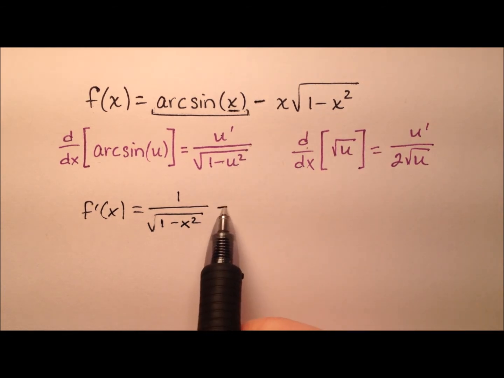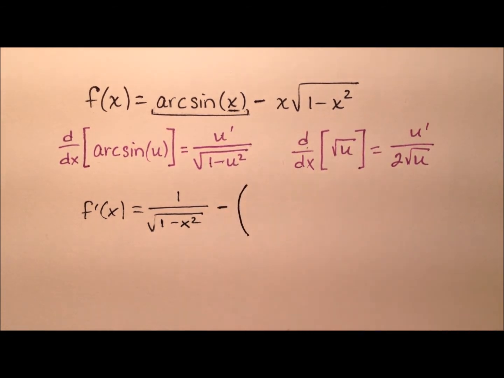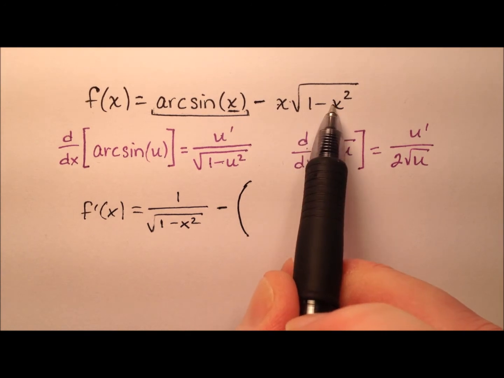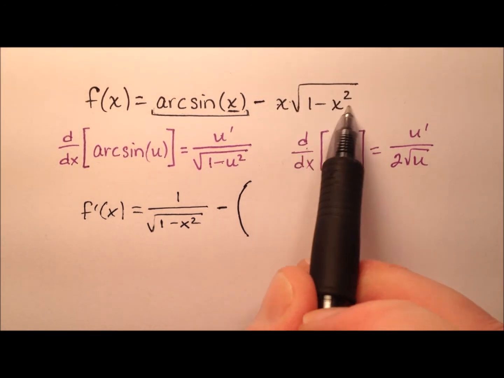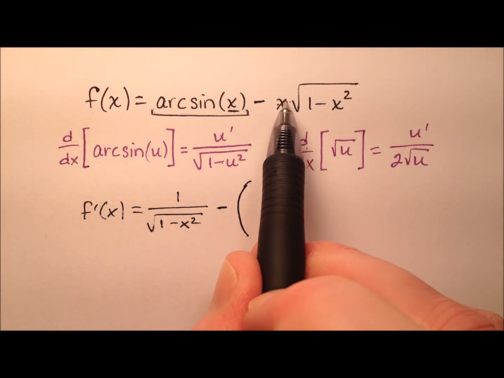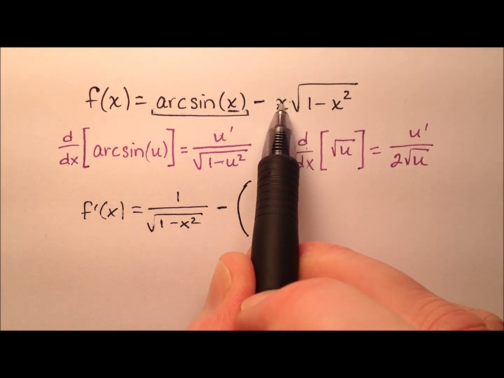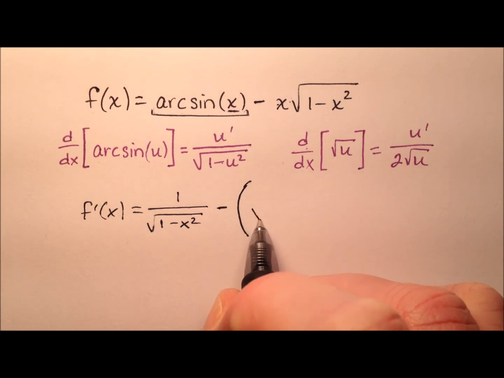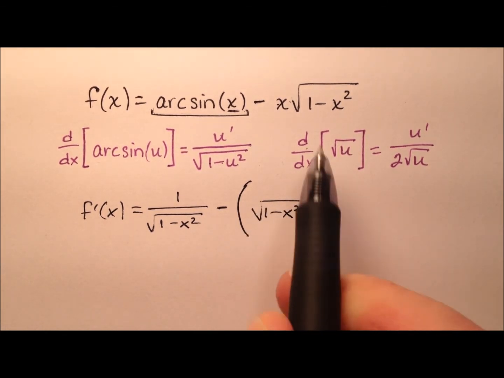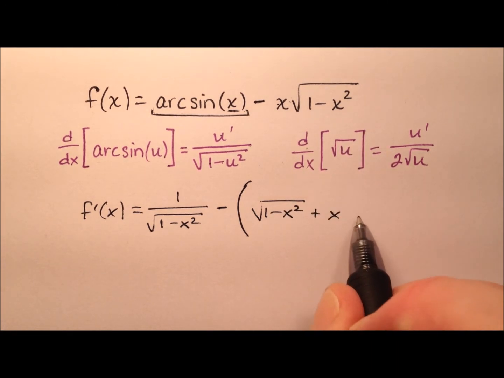And we're going to be subtracting. I'll go ahead and put these parentheses here because we know we're going to have product rule with chain rule. Okay, so the product rule first says the derivative of the first times the second plus the first times the derivative of the second. So let's go ahead and do that. So it's going to be the derivative of the first. So the derivative of x is just 1. So we're just going to have this 1 minus x squared plus, and now it's the first times the derivative